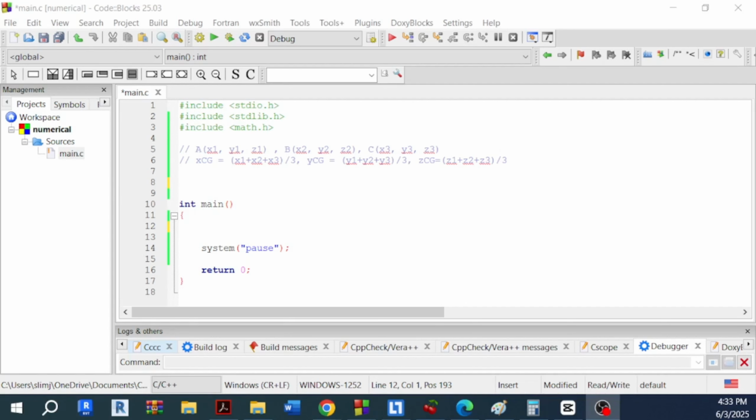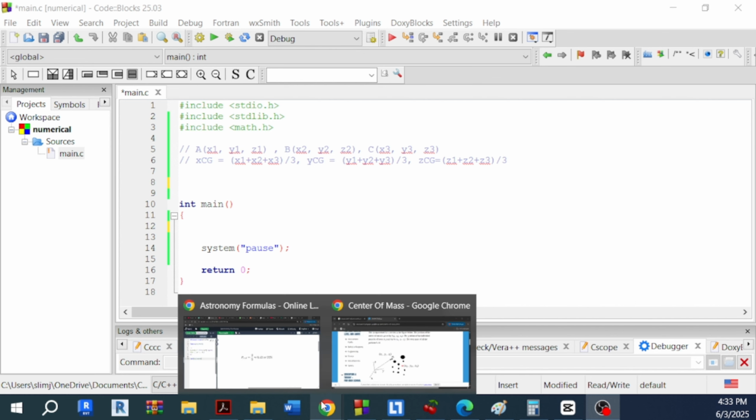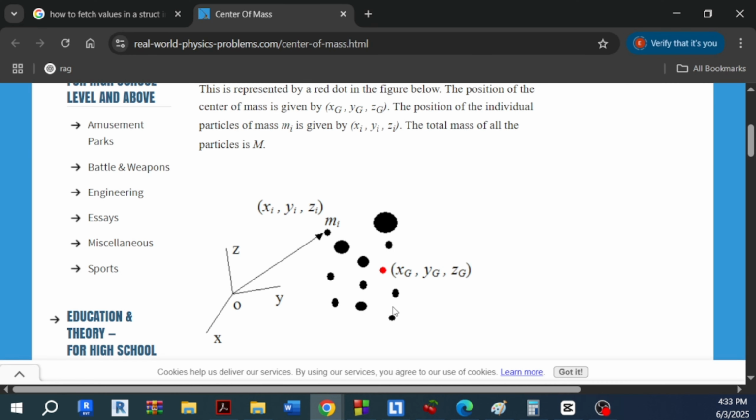Getting the center of gravity for a point system. Let's say you have these points, for example. Okay, the center of gravity of the set of these points will have coordinates xg, yg, zg in a way that xg is equal to x1 plus x2 plus all the x's of the different points divided by the number